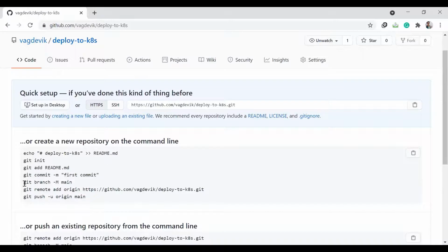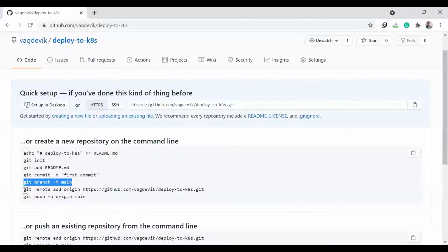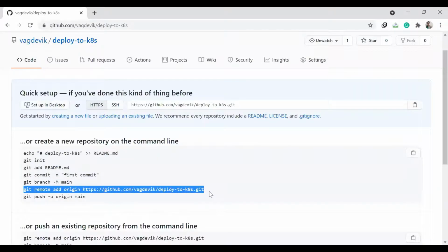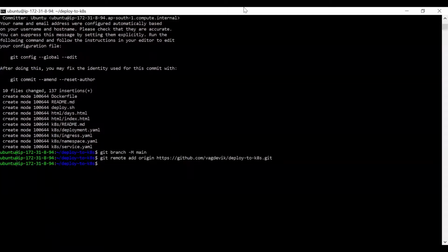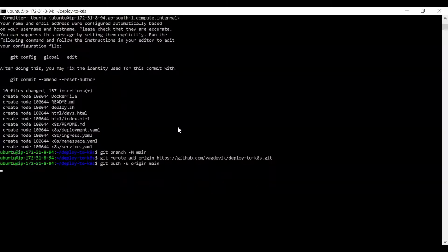Still, let us run these commands in sequence. git remote add origin, this. Okay, now git push -u origin main. So give your credentials.